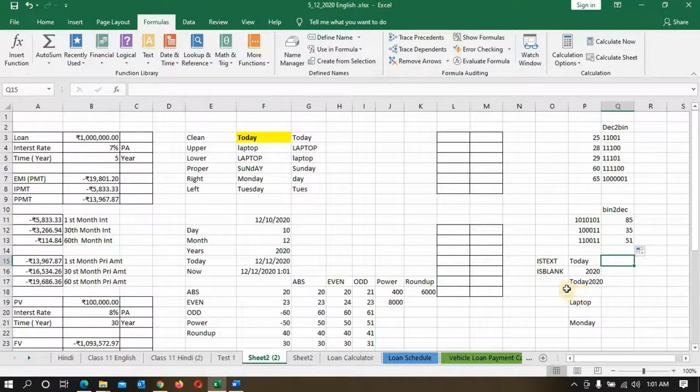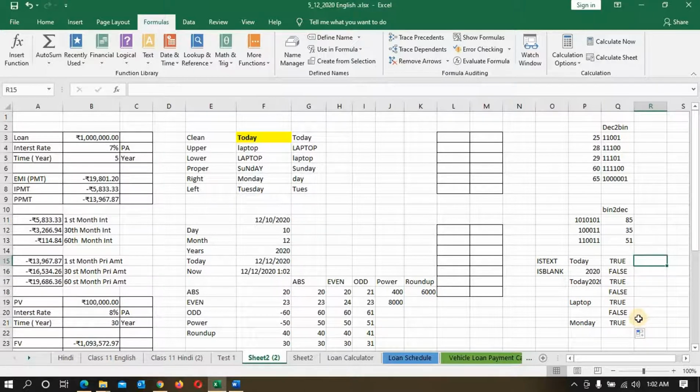Then we have two formulas here, is text and is blank. Where it is blank it shows the result true, and where it's text it will show it's text. Okay, so I will show here the formula is text and I will give you the value. So it is saying true where it's text, true where it's a number, and where it's blank it is saying false.